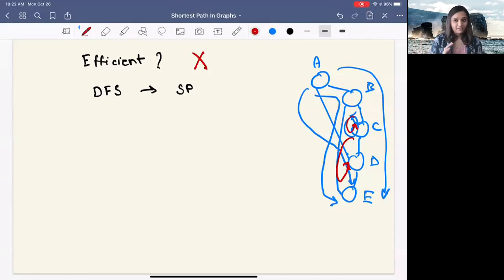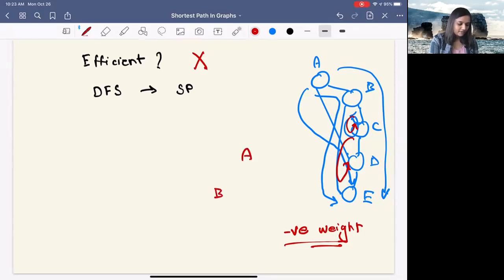Now, it's a totally different question if you assume the cycles have negative weights. I'm talking one step ahead, but it's good that you are interested, and I'm happy to share the details. If the cycles have negative weights, then it would be a whole lot of other problems. Most of the shortest path algorithms, when we use them, assume that we do not have negative weight cycles, because with negative weight cycles the problem cannot be mathematically defined, because you keep on